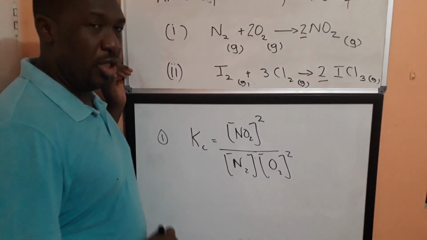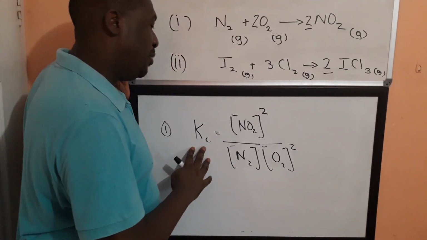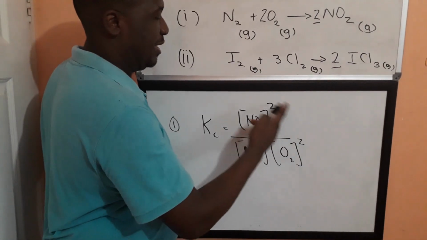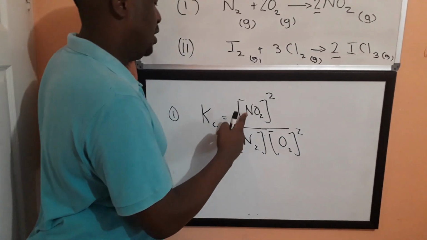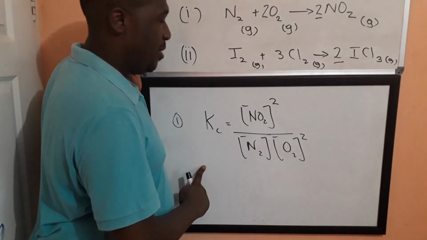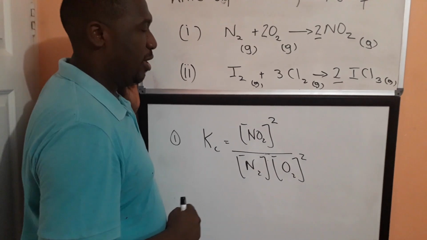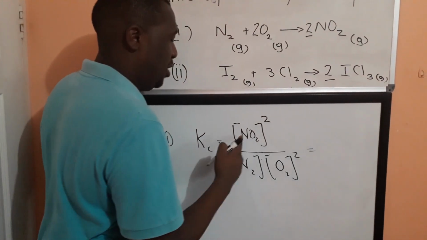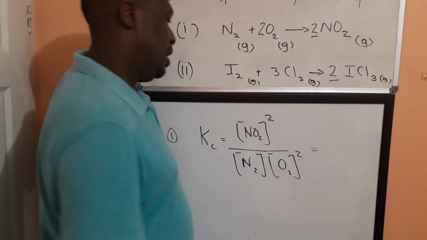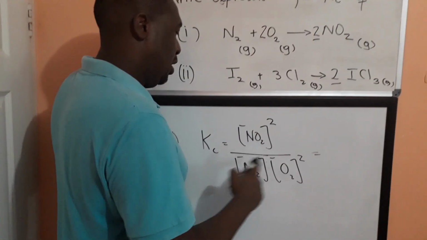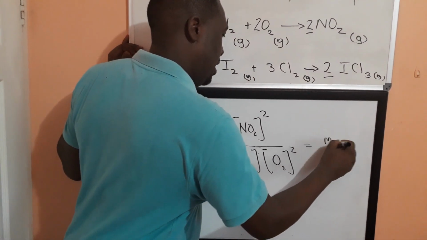Now let's work out the units for the equilibrium constant Kc. The unit for Kc will change depending on the expression. So what you want to do is fill in the units for each concentration term and then cancel it down to get the final units. So let's look at this one. Square brackets usually means concentration, and the concentration is usually in mol per dm cubed. So I'm just going to fill in those terms right here. I'm going to put mol per dm cubed,